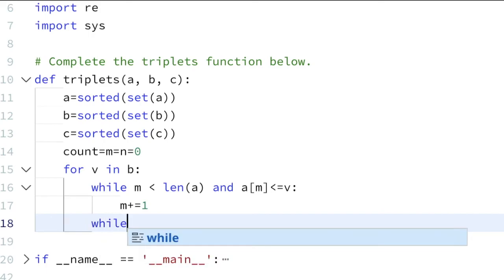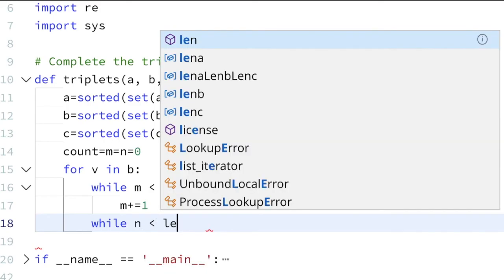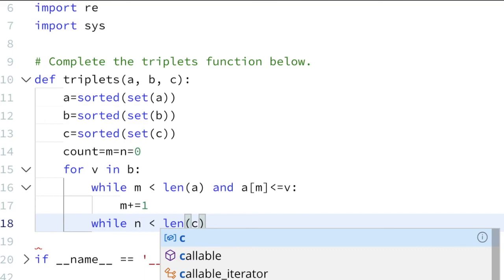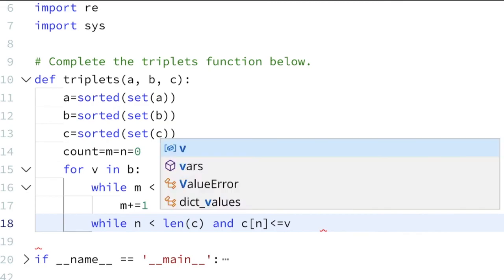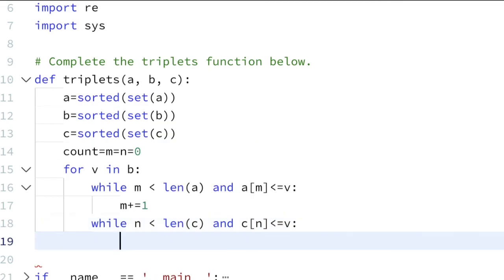So for C we have used the counter n, while n less than the length of C, and at the same time we are going to check whether C of n is less than or equal to V or not. If it is, then we'll simply add 1 in our counter.